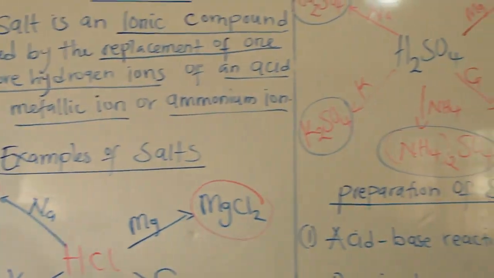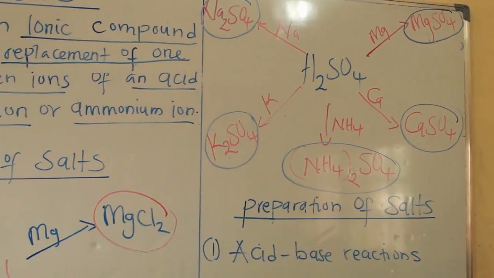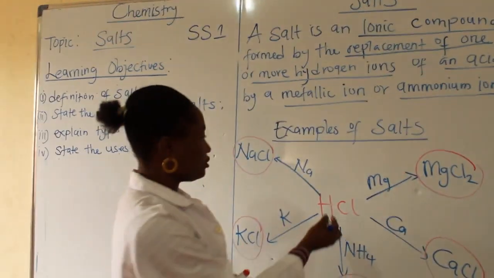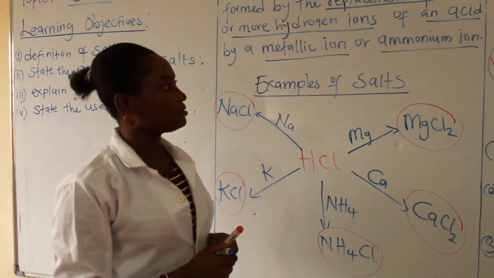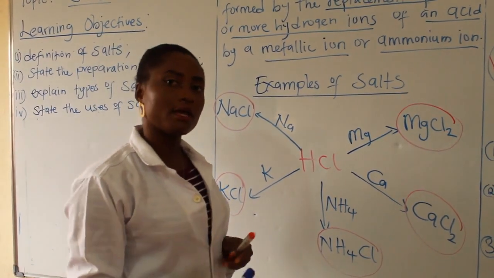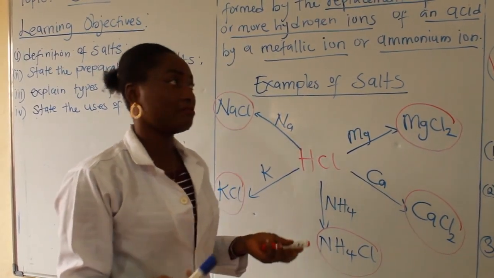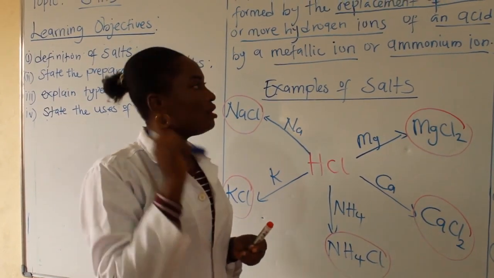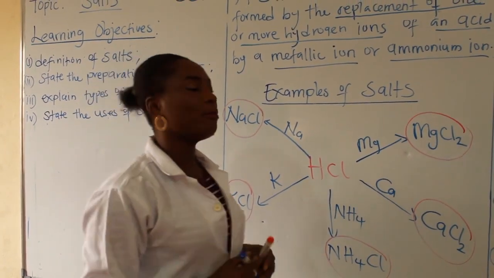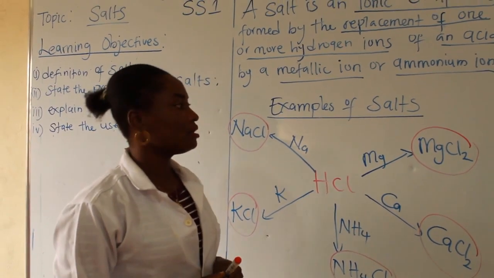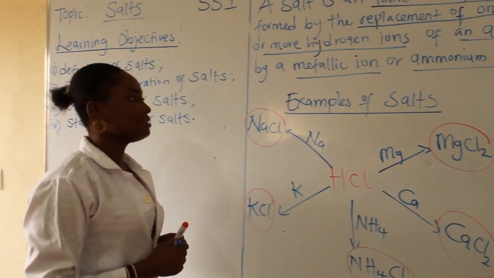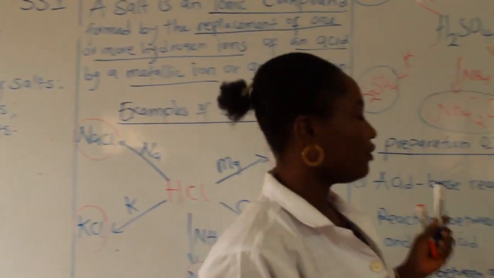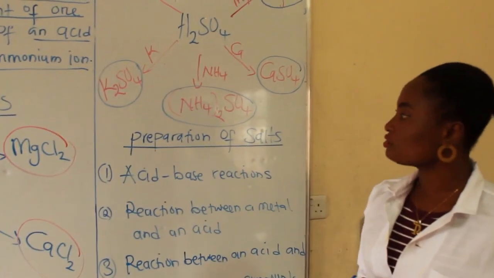Okay, now this is how you form other types of salts from other acids. We just looked at only 2 types of acid. Now you can use nitric acid, you can use carbonic acid. All you need to do is to change the hydrogen in the acid, and then you form a salt. So these are the different examples of salt. I've given you 10. You can form more from what I just explained to you.